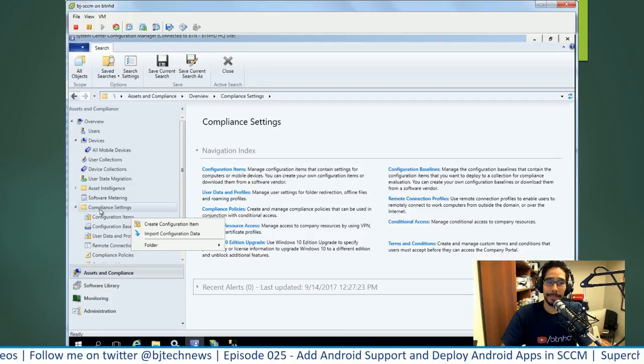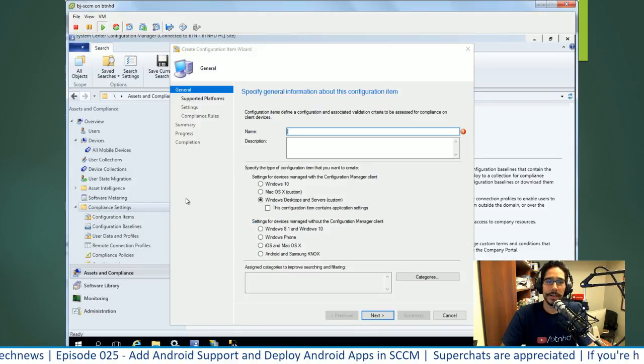You want to find the compliance settings, and you have a configuration item. So right click on that and click on create configuration item. You get a nice little wizard. You're going to fill out the information,